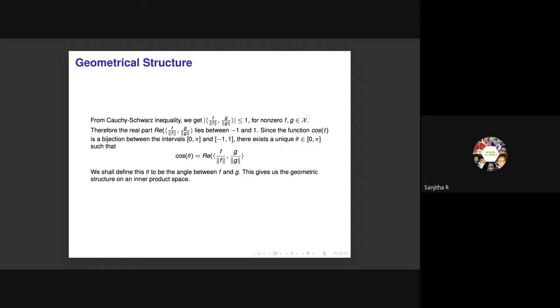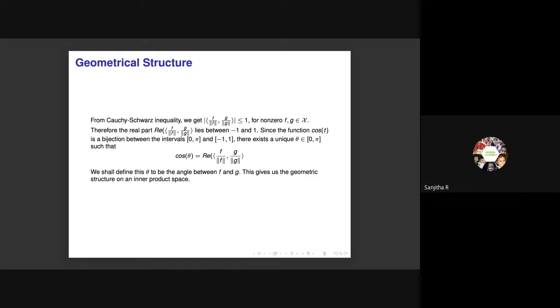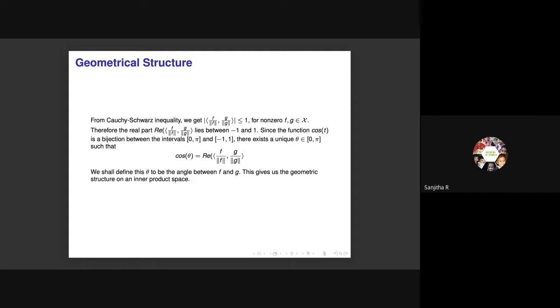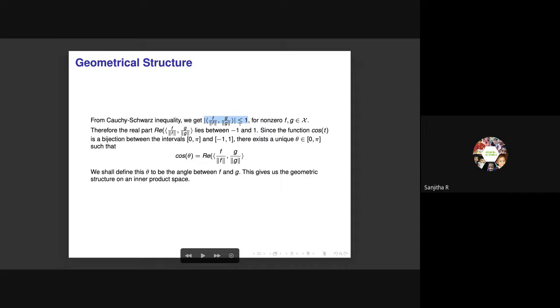Could you please explain this part? Yeah. The idea is that if you know A dot B, you know how to define the angle theta between A and B, like we did at the beginning. We divide A dot B by the product of the norms of A and B and take the cosine inverse of that. That's the angle between A and B. We are simply imitating that here. The Cauchy-Schwarz inequality tells you that this quantity is less than or equal to 1. Is that clear?